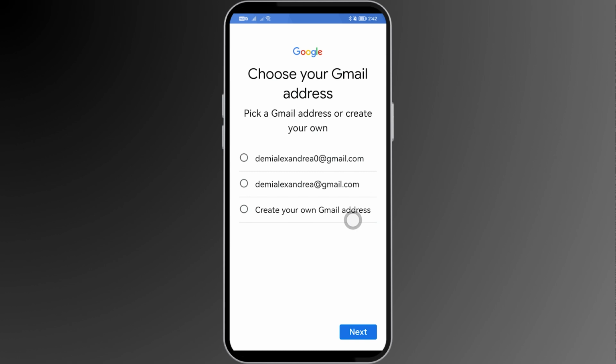Now here, this is one of the most important part. I want you to go ahead and choose between the Gmail option in here. Otherwise, you will be asked for a phone number. So for example, I'm going to choose the second one here, and then I'm going to tap next, and then